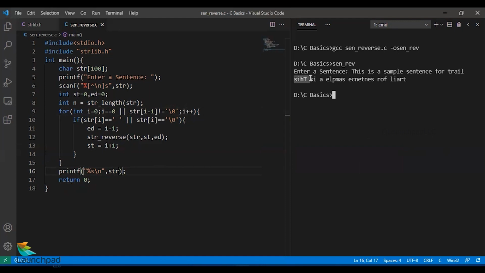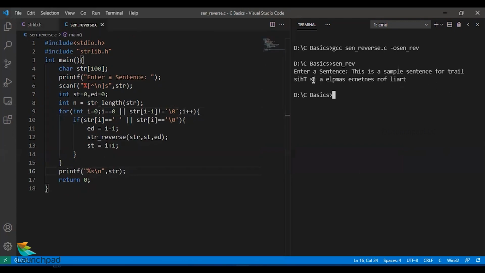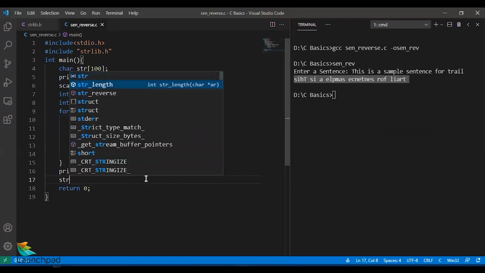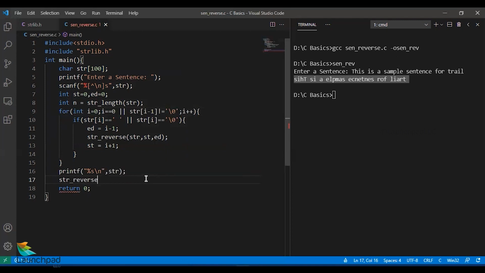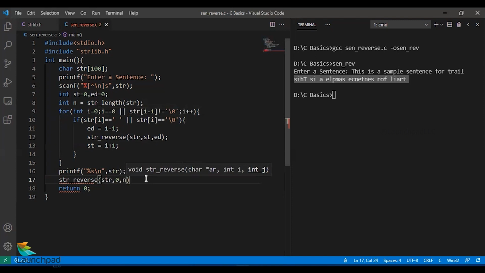It has reversed each and every word in the same position by reversing the word alone from first to end. And this is the user-defined function which I suggest to have for string reverse, which will work perfectly for all the sequences. Now, to reverse the sentence word by word, this again is the simplest solution. You need to do nothing apart from reversing the sentence. So I'll say string reverse of str, comma, from the starting index till the last index. If you reverse it, then again the solution is easier.